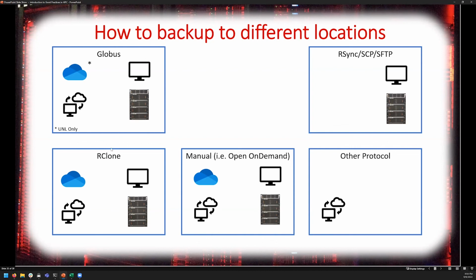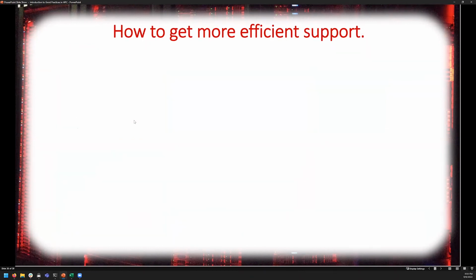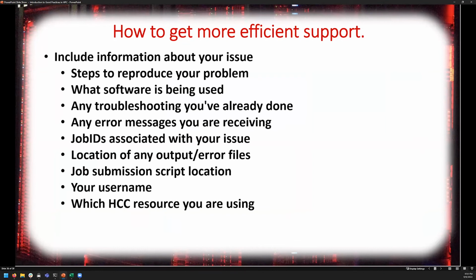And then finally, basically kind of how to get a little bit more efficient support. So research is all about collaboration, including between us and researchers as HCC staff. And so particularly when you ask us for support, even when asking a colleague for support, it's beneficial to include as much information as possible about your issue or the problem you're trying to solve. And so in our case, if you email us or talk to us directly,